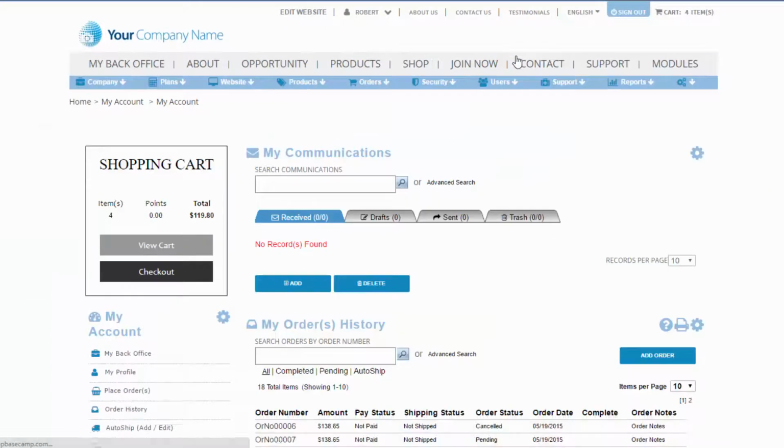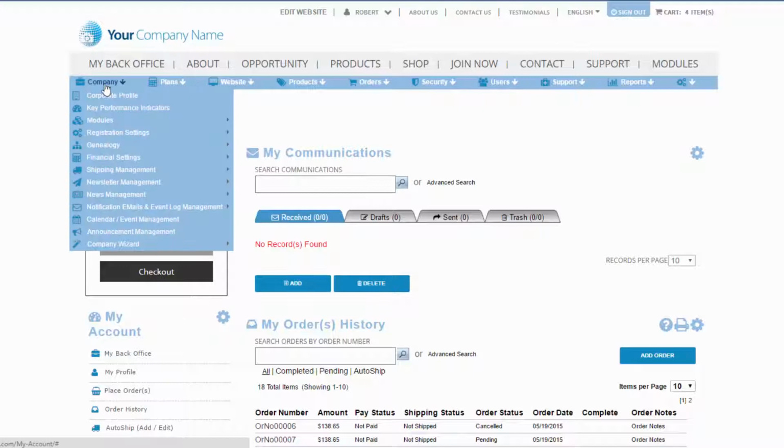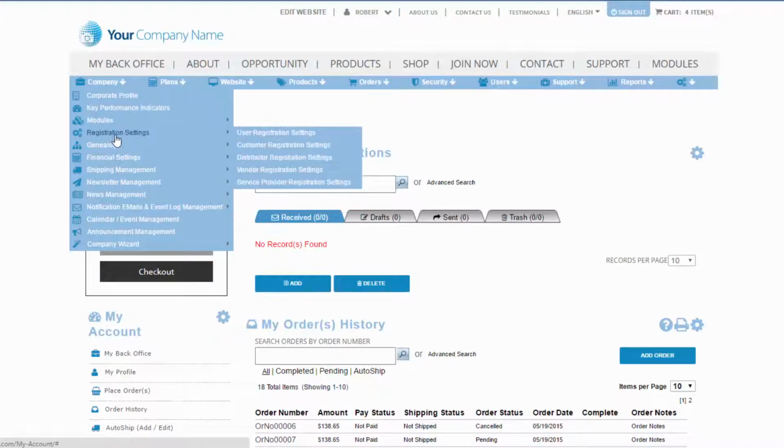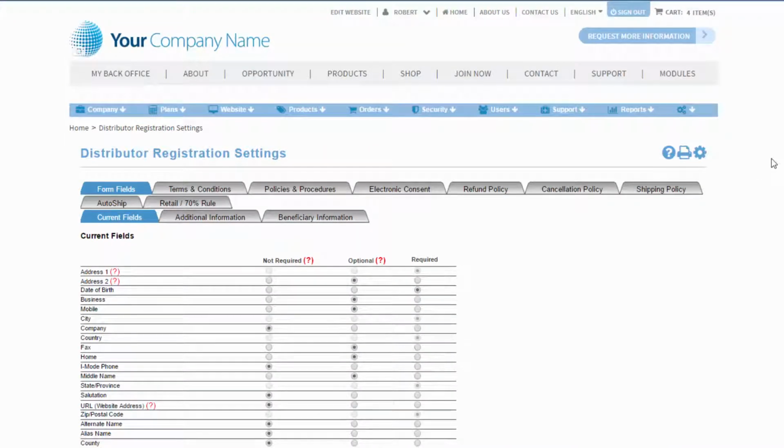Up until now, it was sufficient that when a distributor enrolled or a customer made a purchase to have policies and procedures, terms and conditions, maybe a privacy policy or a spam policy. These days, your merchant account provider, your attorney, and, as I mentioned earlier, the FTC and government agencies are looking for the information that you're collecting and that your customers and distributors are agreeing to when they're joining your company, buying your products or services. So in our distributor registration settings as well as our customer registration settings, we've added a lot more